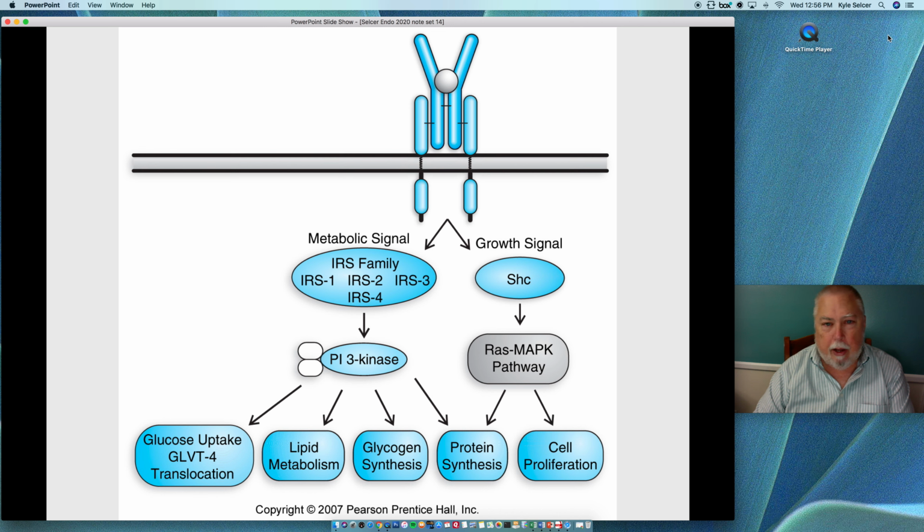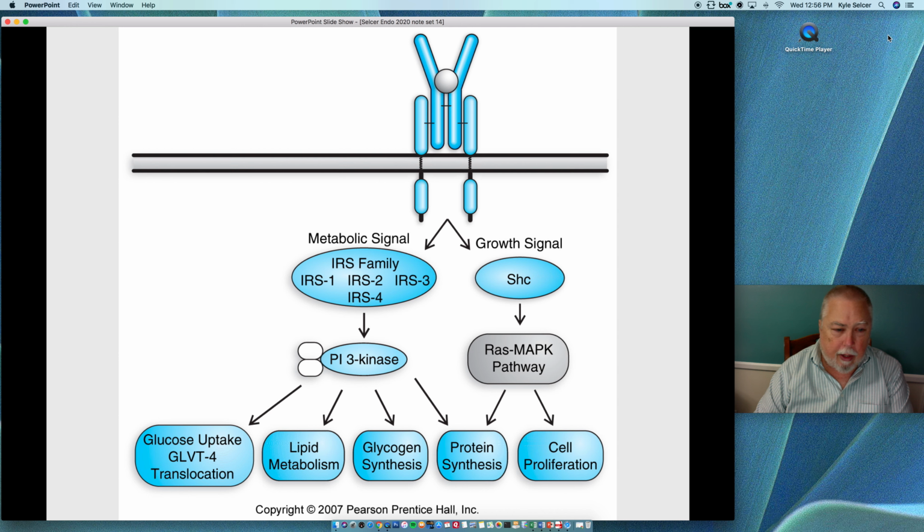So insulin binding to its receptor is going to cause metabolic effects, and it's going to cause growth effects. The metabolic signals go through these different proteins here that are called IRS. Anytime you see IRS, you know it's an insulin receptor substrate. I think it stands for insulin receptor substrate family. One of the downstream effectors of that is PI3 kinase, phosphatidylinositol 3